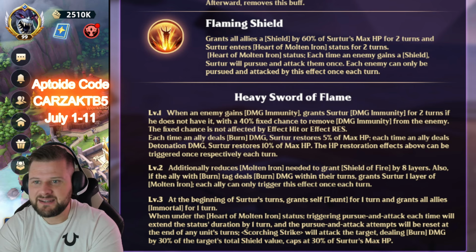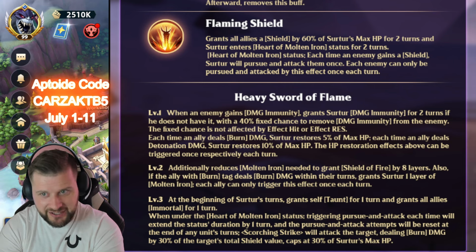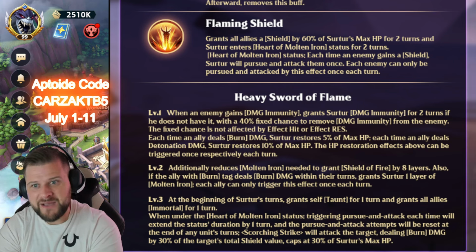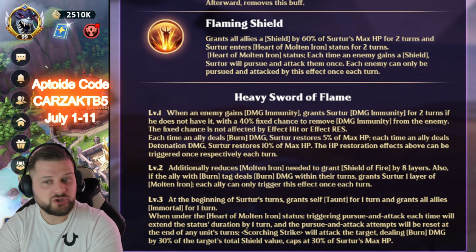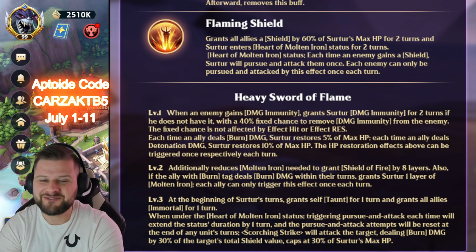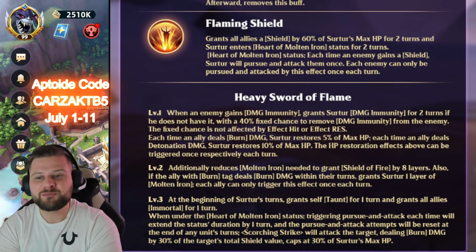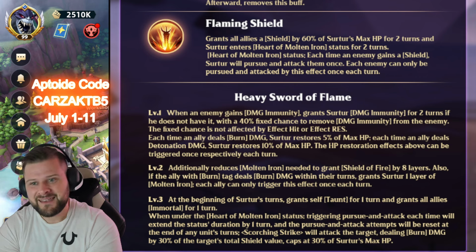This guy sounds crazy. Each time an ally deals detonation damage, Surtur restores 10% of max health. The health restoration effects above can be triggered once, respectively, each turn. Level 2. Additionally, reduces molten iron needed to grant Shield of Fire by 8 layers. Here we go. Also, if the ally with burn tag deals burn damage within their turns, grant Surtur 1 layer of molten iron. Each ally can...